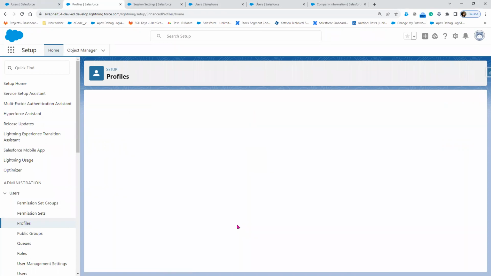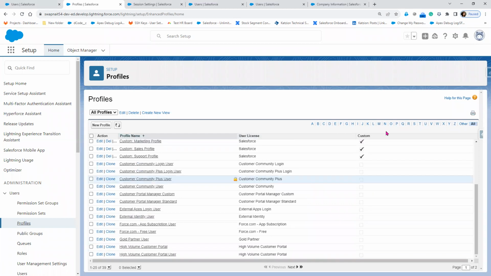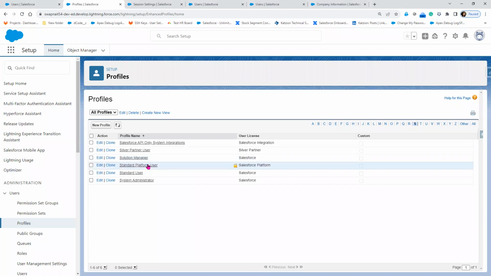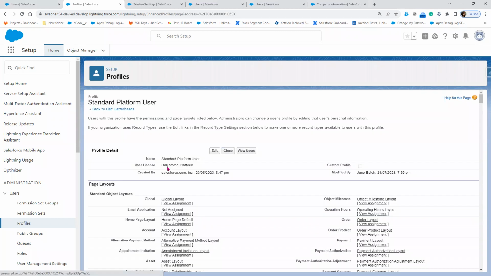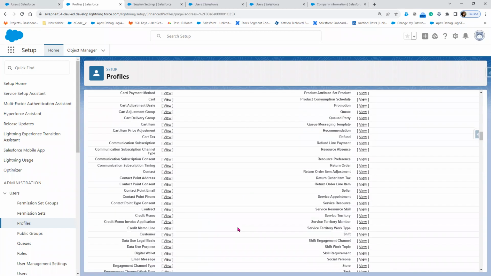Now, if I go back to the profiles, we have a standard platform. Let's say here, select the S. Now we have a standard platform user, right? Standard platform user is nothing but we can use more than one custom application. If you open the standard platform user, it is mostly for the applications, and also